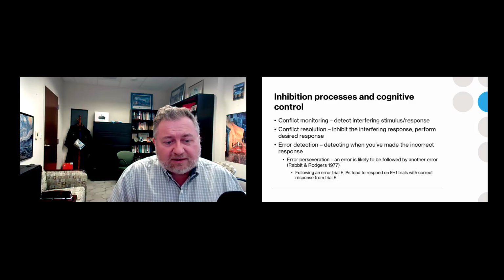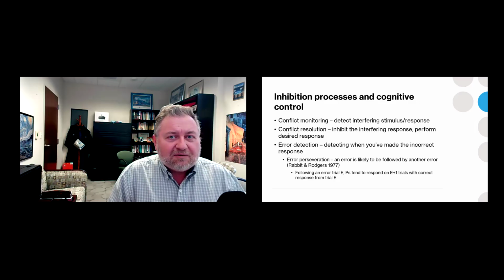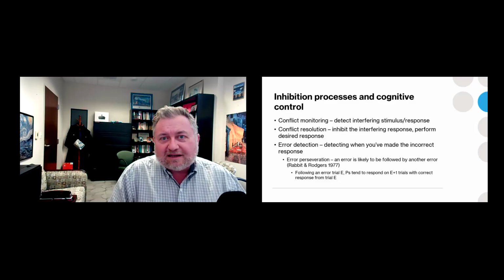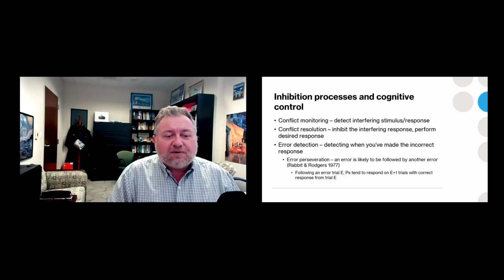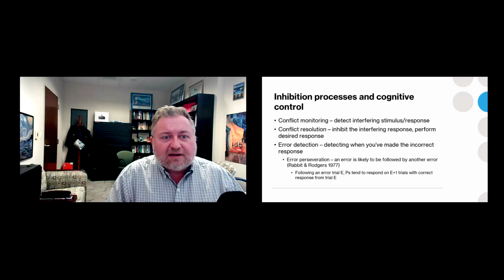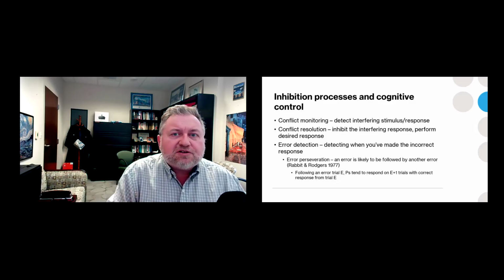So what happens then is that because of that error detection phase, my risk of making a second error after the first error is actually elevated a little bit. And now that I've made a second error, my chance of making an error on the next trial, a third error in a row, is actually higher now as well, right? And so what Rabbit and Rogers show is that in these kinds of experiments where people have to perform these binary choices, like press this button or that button, and you have to do it quickly, errors start to cluster together a little bit.